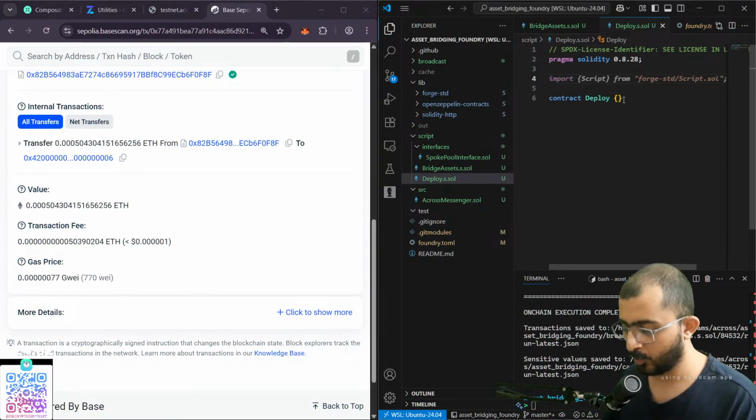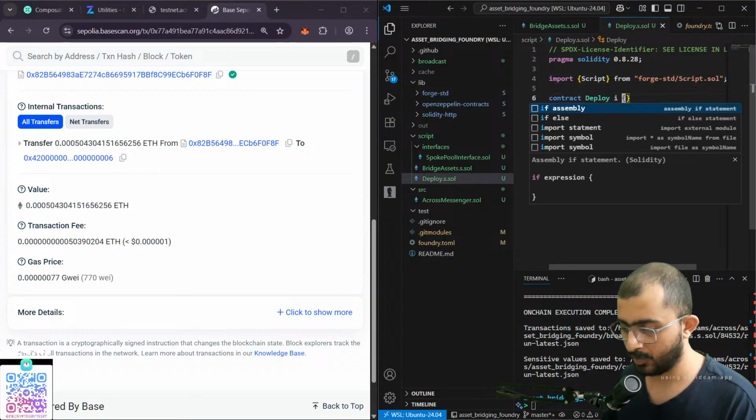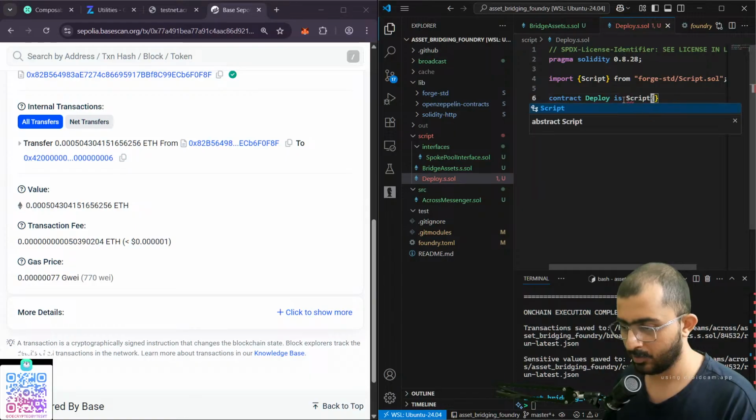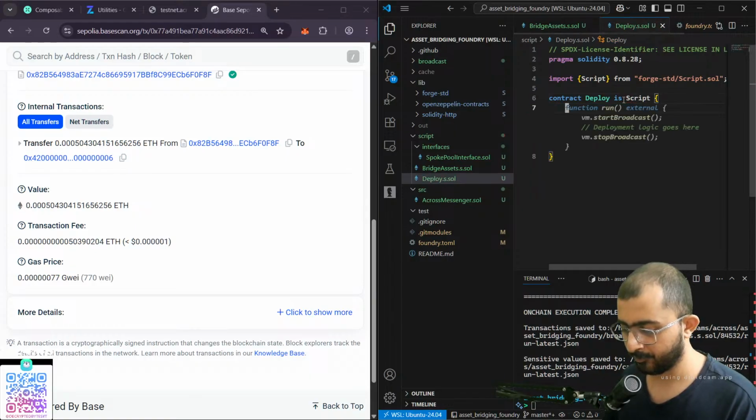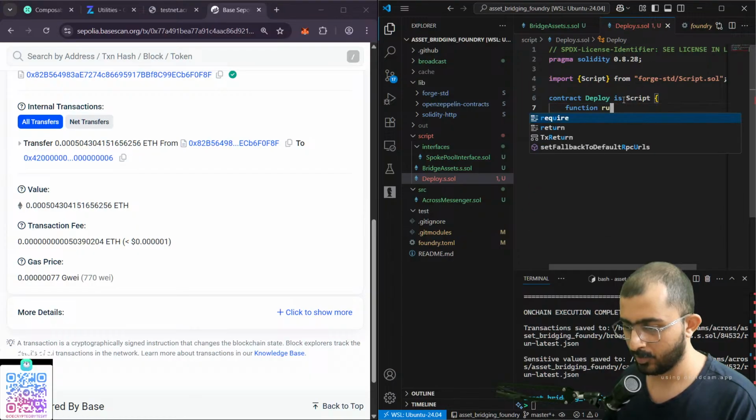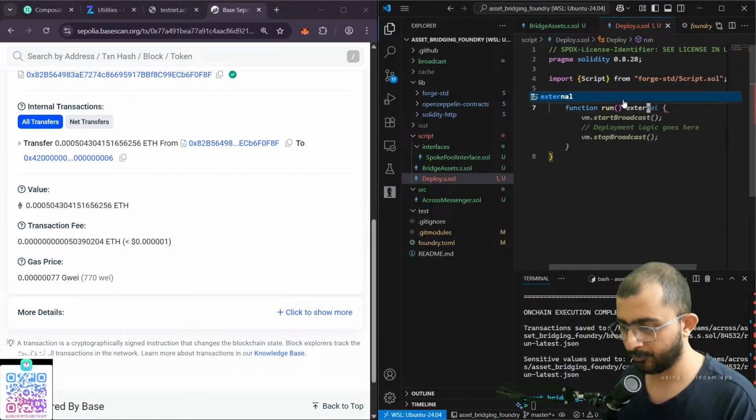Then we need to import Script, is Script, function run external. Okay,